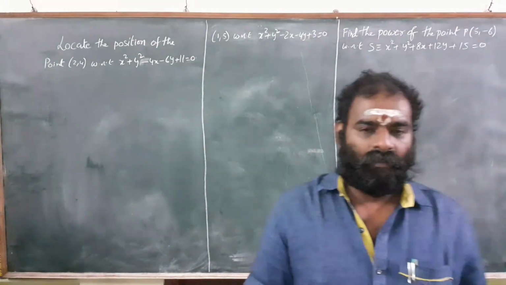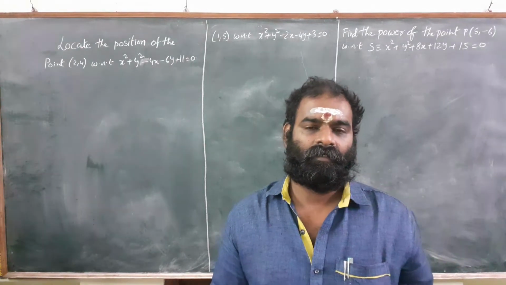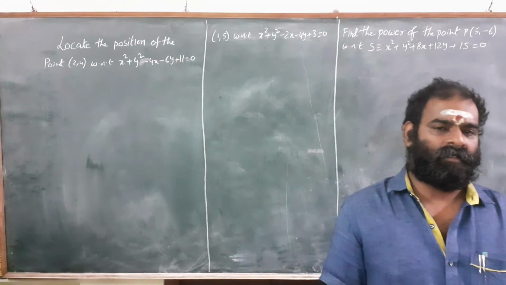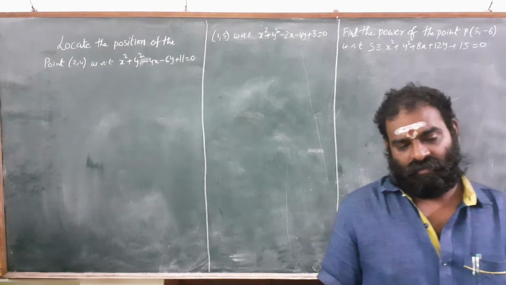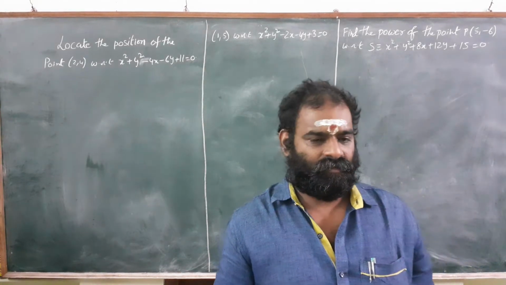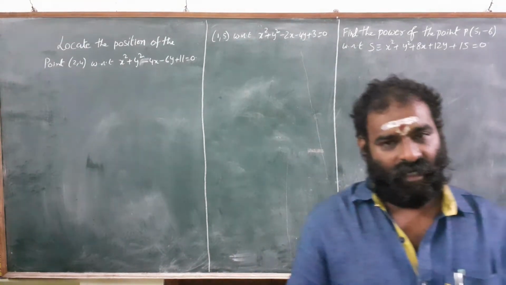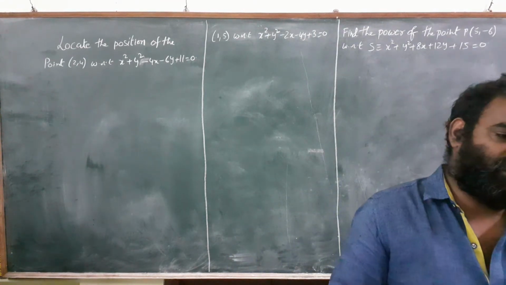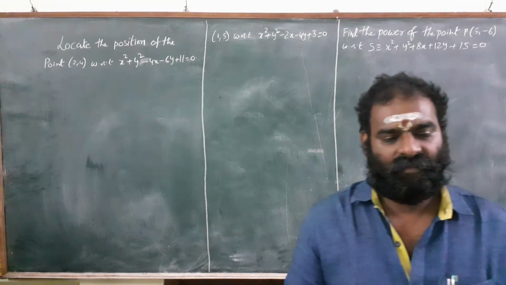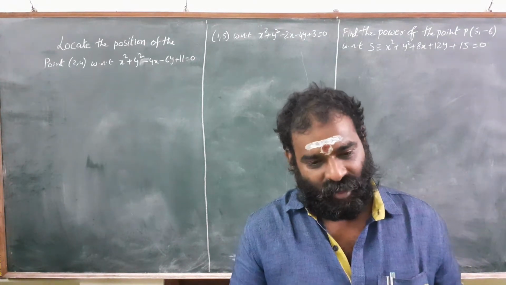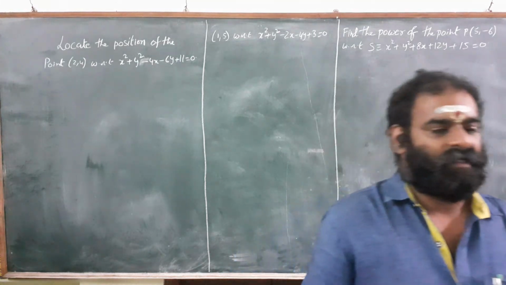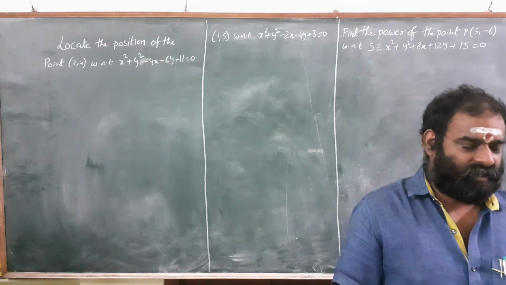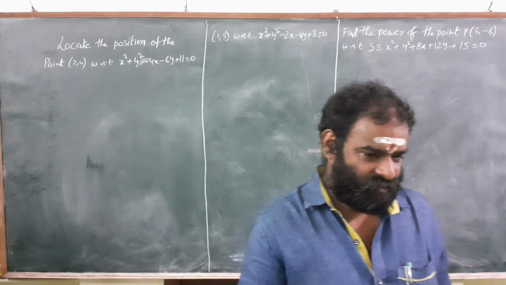Yesterday, we saw some important concepts based on notations and length. What is tangent? What is chord? What is secant? And the position of a point with respect to the circle. And what is power of a point, what is length of tangent, and many more important concepts were discussed in the previous class.